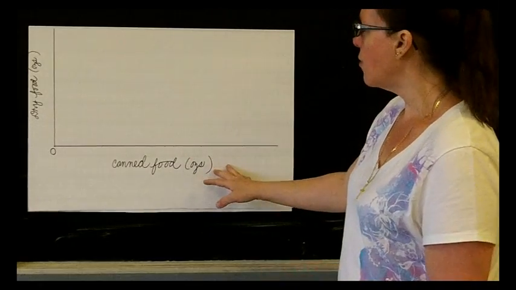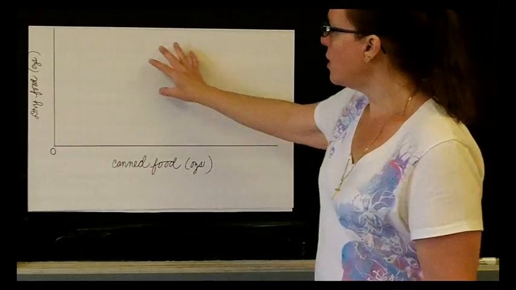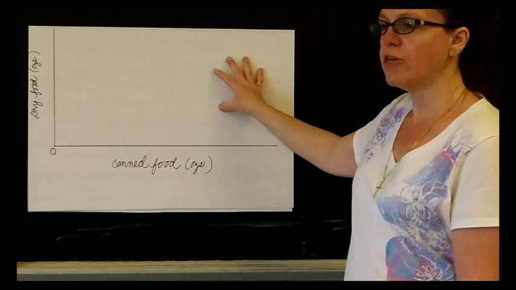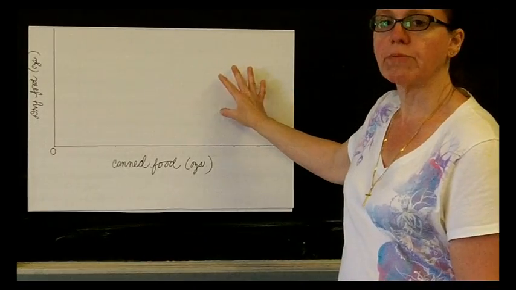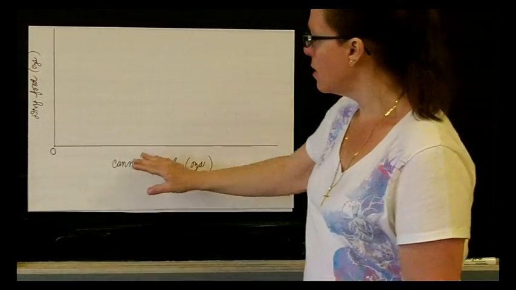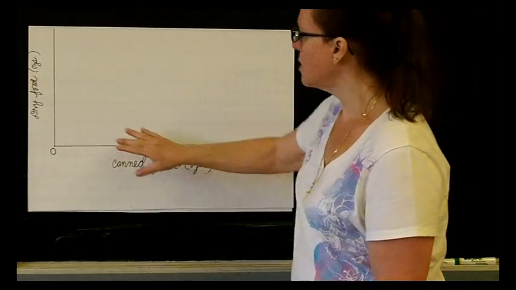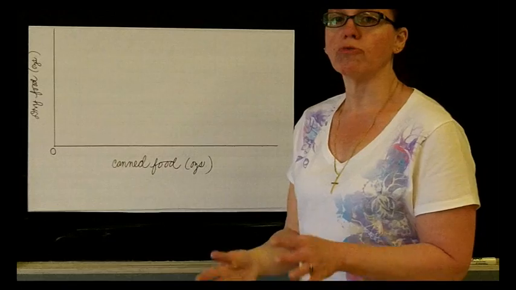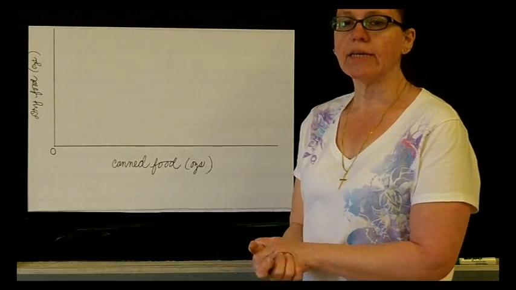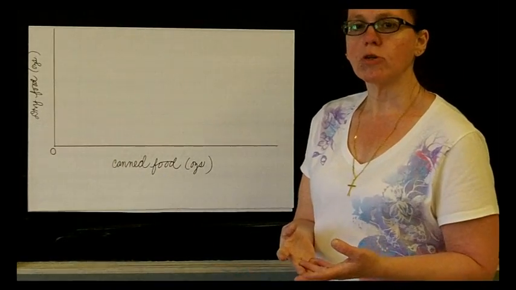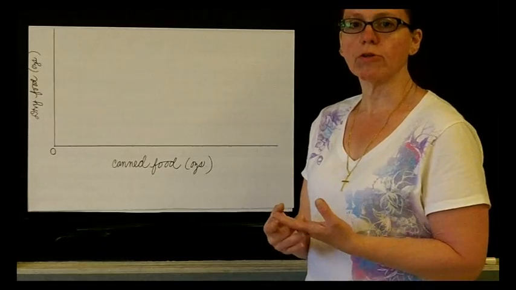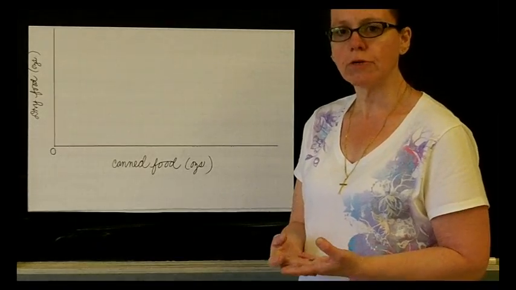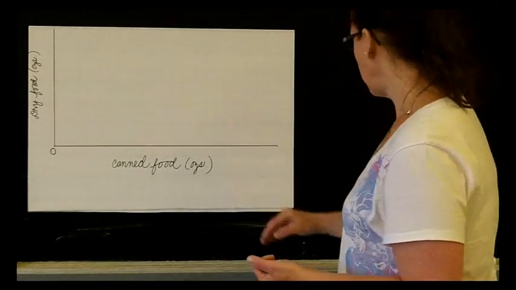Now this graph is only in the first quadrant of our coordinate plane, which means that both our x-axis and our y-axis have positive numbers. And the reason I chose this is that we're talking about feeding a dog dog food. You would never give your dog a negative amount of food. That's why we stick with